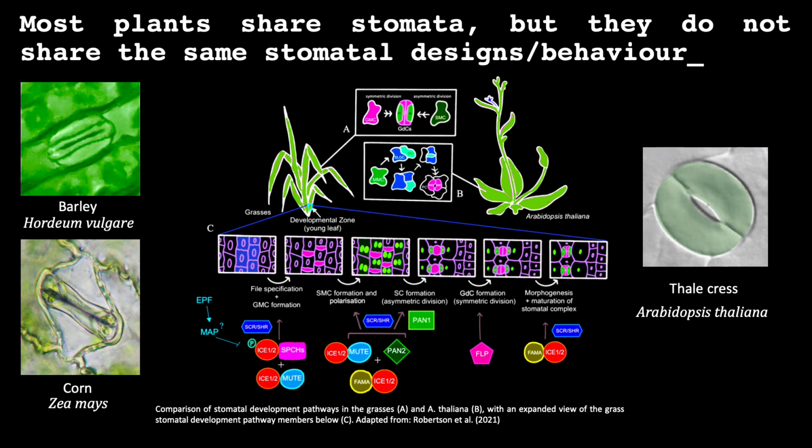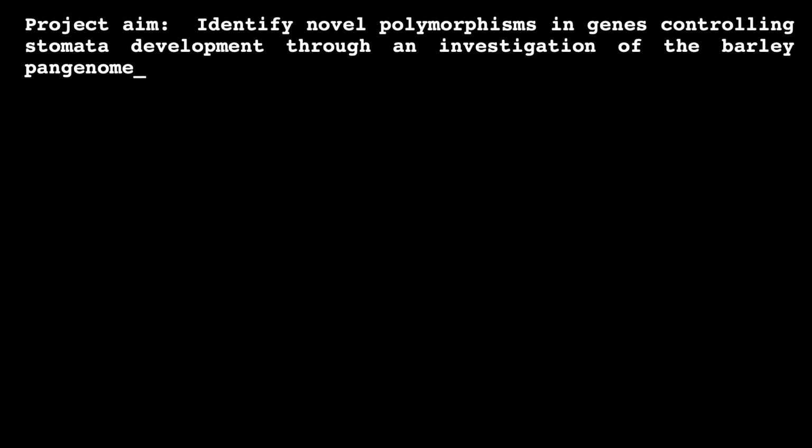Through comparing the genetic material of different varieties of the same crop species, we could find a mutation in a gene for stomatal development possessed by a variety with high drought tolerance that may be used for future genetic improvement. This project aimed to identify novel genetic variants or polymorphisms for genes controlling stomatal development through investigating